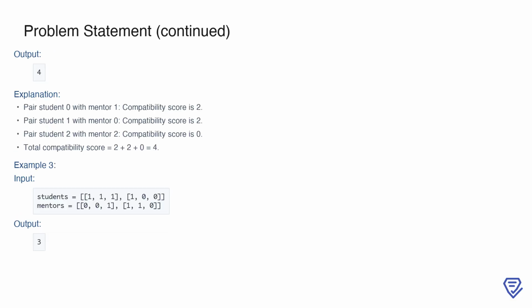Now, in the second example, we have 3 students and 3 mentors. Here, the optimal pairing is as follows: student 0 is matched with mentor 1, yielding a compatibility score of 2. Student 1 is paired with mentor 0, also resulting in a score of 2. Finally, student 2 is paired with mentor 2, but their answers don't match at any position, so the compatibility score is 0. Summing these values gives a total compatibility score of 4. This demonstrates how the pairing strategy can vary depending on the input, and finding the optimal pairs is key to